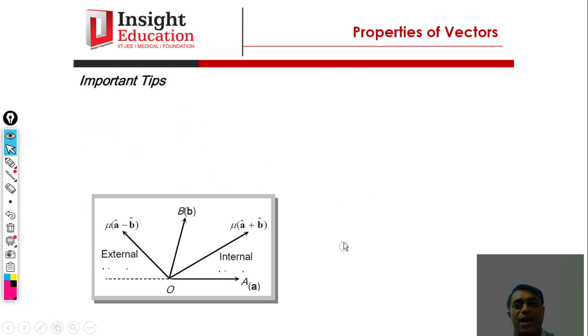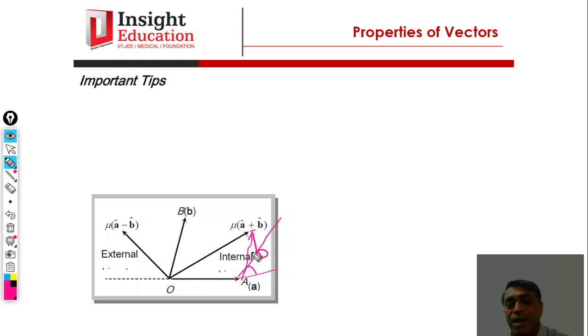So this is the angular bisector. You can see here in the diagram, vector A. Okay, I can shift vector B here. So A plus B, that is A plus B, so this is the angular bisector. Now suppose we consider the angle between A and B, this angle alpha is the angular bisector.